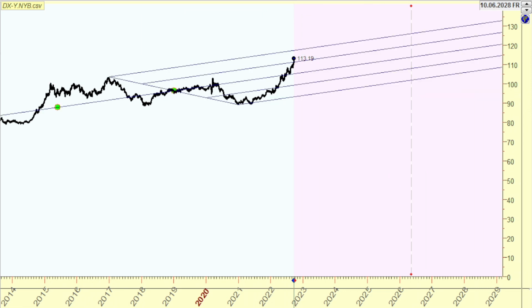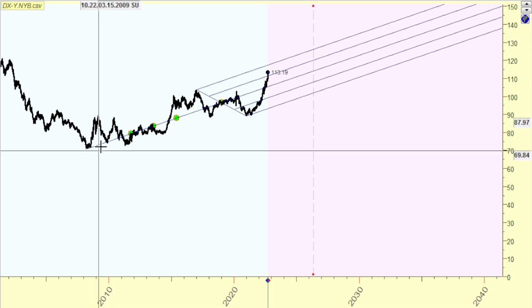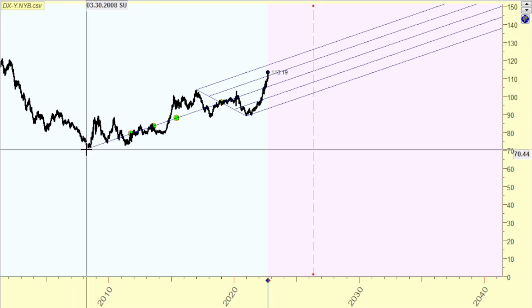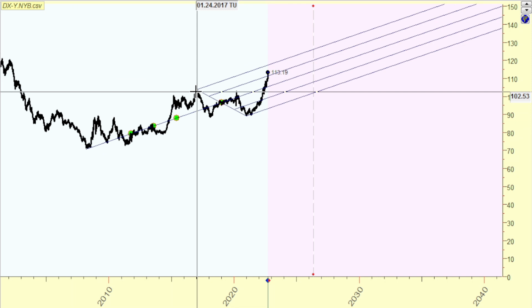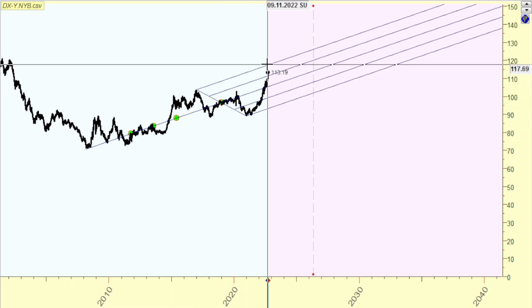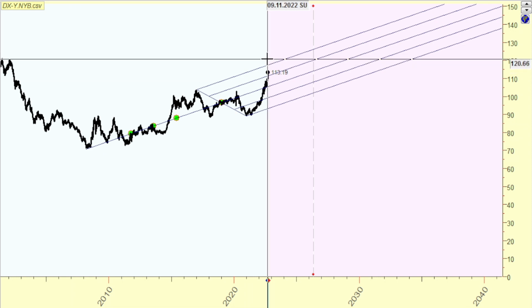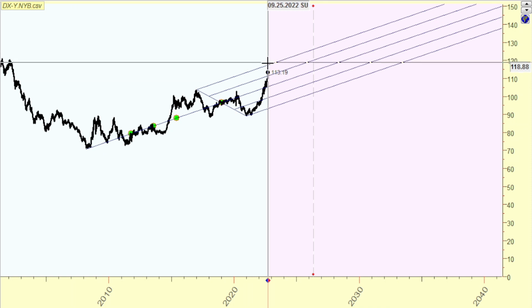Another one here is the pitchfork. And this one we have to close it a little bit. This is a pitchfork from the bottom low here, 2008, and expanding it. We're about to hit this channel right here, or this angle from the Andrews pitchfork of 117. So 117 is the 50%. So if you kind of see what I'm hinting at, there's a lot of clusters around 117 and 119 and 121 around there.